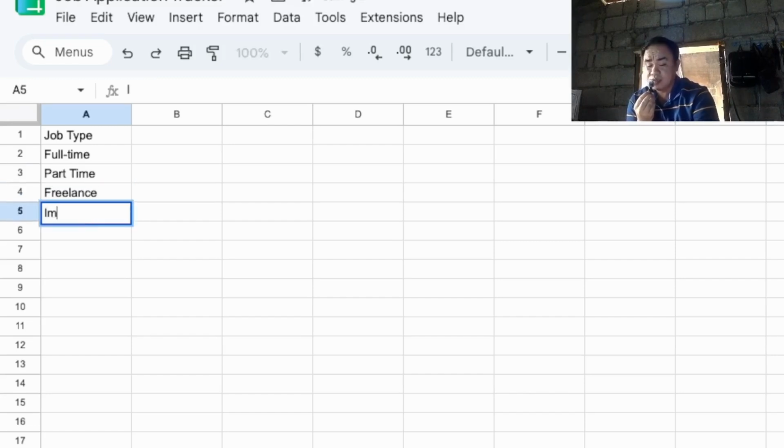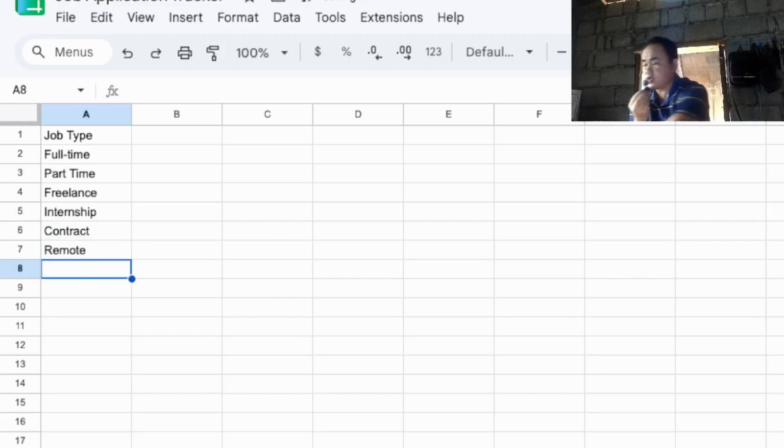So: full-time, freelance, internship. These are the job types that we have here in the Philippines. Then contract, maybe this is global, or I think not. And then remote, and then hybrid. This is the last one.